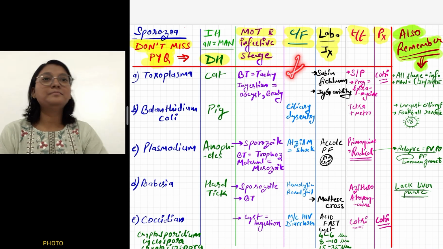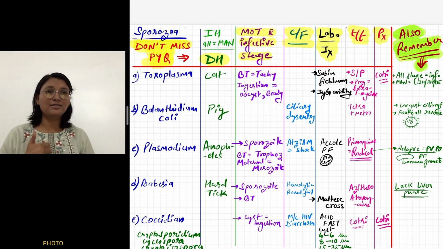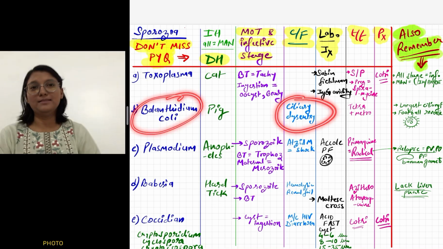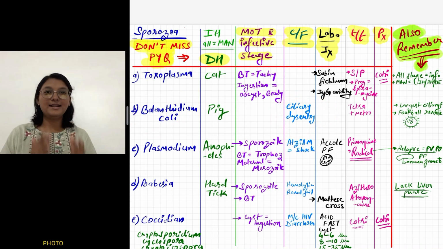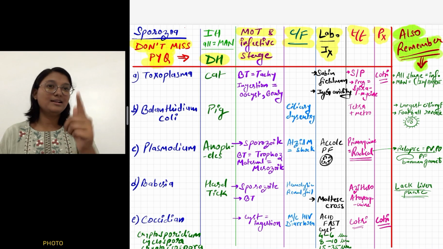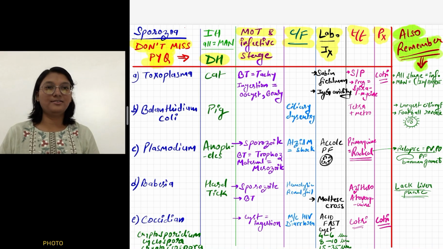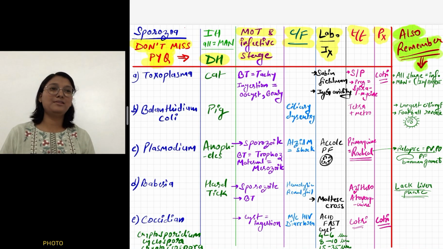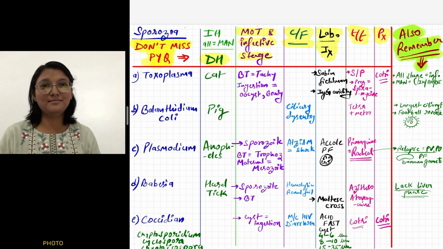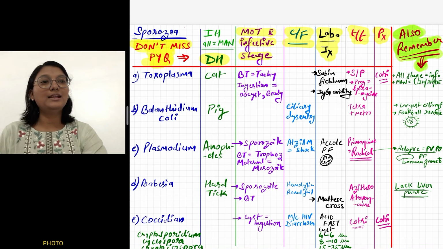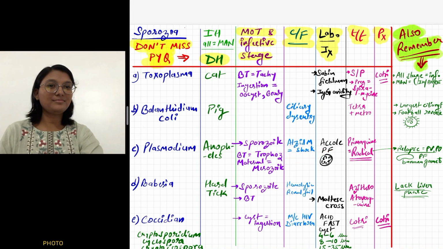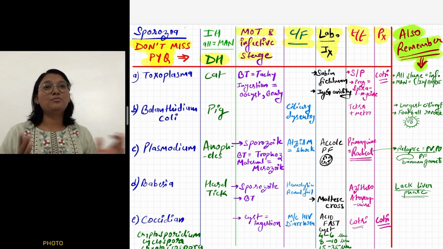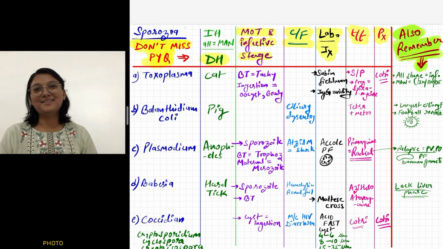And clinical feature, there are many clinical features, but what they ask specifically is ciliary dysentery for Balantidium. See, everything is like Entamoeba, but Entamoeba causes amoebic dysentery, while the Balantidium causes ciliary dysentery, right? And for Plasmodium, you know the features of malaria, cerebral malaria, everything, but they asked algid malaria. And what is algid malaria? Malaria when it causes shock. For Babesia, it's hemolytic anemia and renal failure, and coccidians are the most common sporozoa causing opportunistic infection in HIV,